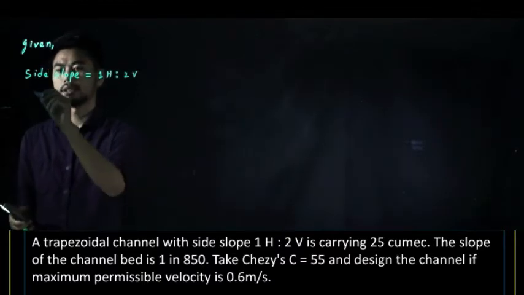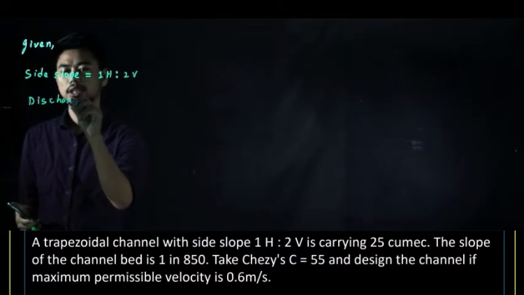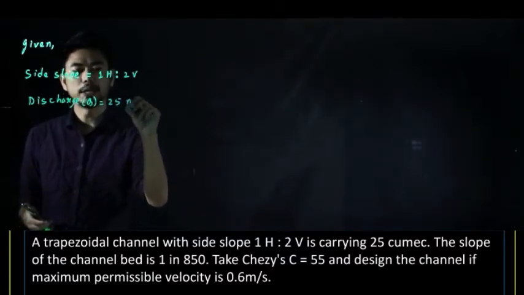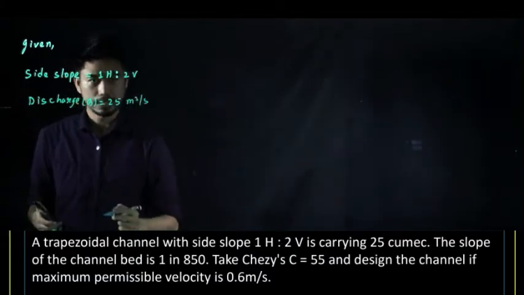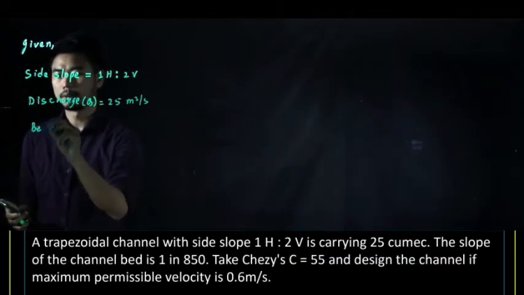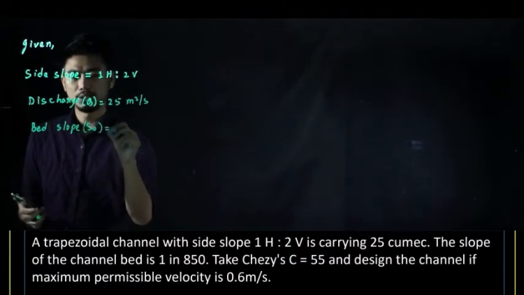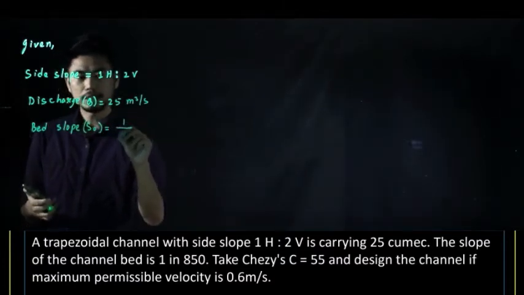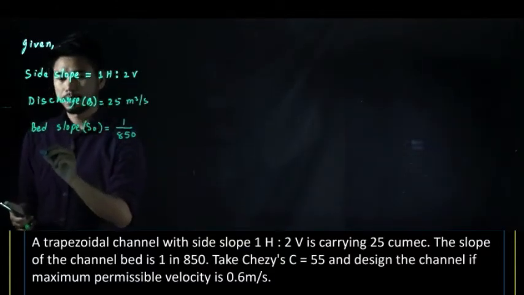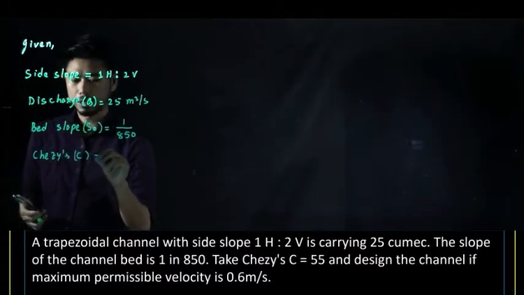Carrying 25 cubic. So cubic means what? It is cubic meter per second. So the discharge, let's use the symbol capital Q. It is 25 cubic, cubic means meter cube per second. The slope of the channel, so the bed slope, let's use the symbol S0 to denote this, and it is 1 in 850. Take Chezy's C. So the Chezy's C is given as